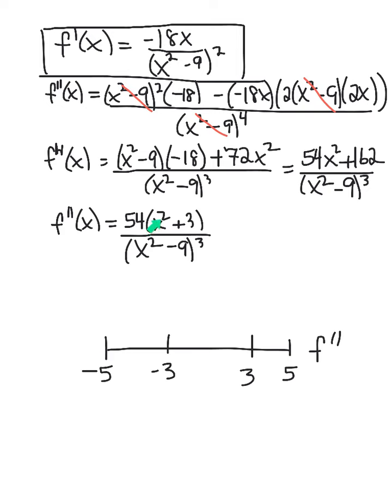Okay, here's the problem with this one. Come up with a number that you can put in here so that when you add 3 to it, you're going to get 0. Think about that. It's not going to happen. There isn't anything. Like, what number could I possibly square and make it negative? Because this really has to be a -3 to add to 3 to get 0. So this will never equal 0, which, guess what? It makes our life easier. There are our critical points for the second derivative. So we don't need to worry about it, because it's impossible to find a number that we can square and get a -3 here so that when we add 3, we would get 0. Okay? All right, so now I want you to pause me, take a minute, and do your signs down here,